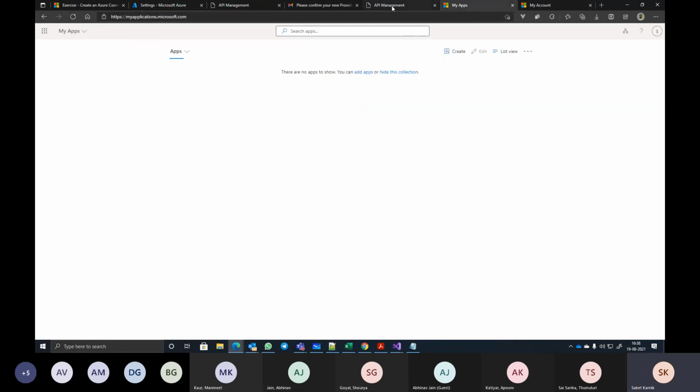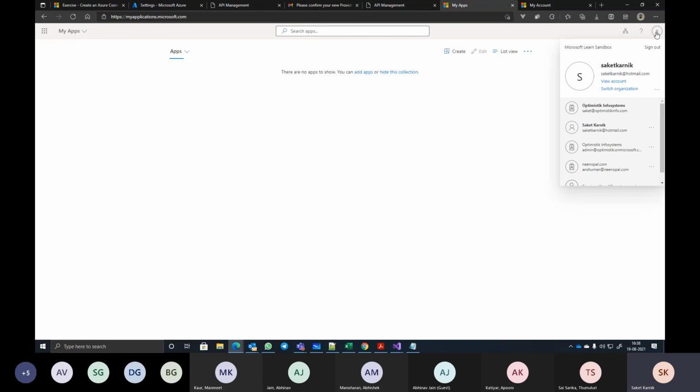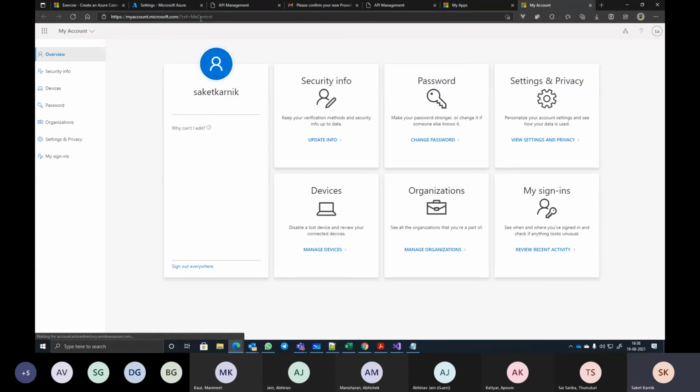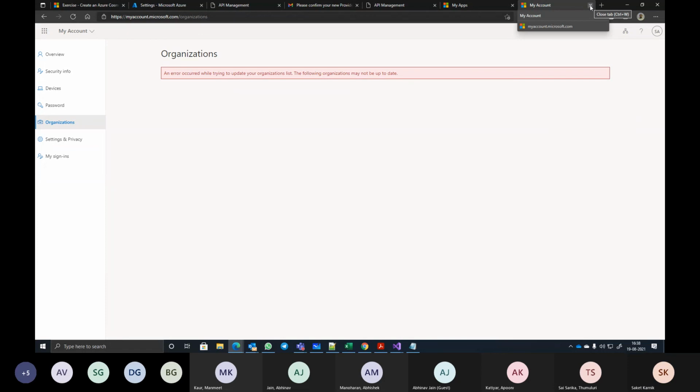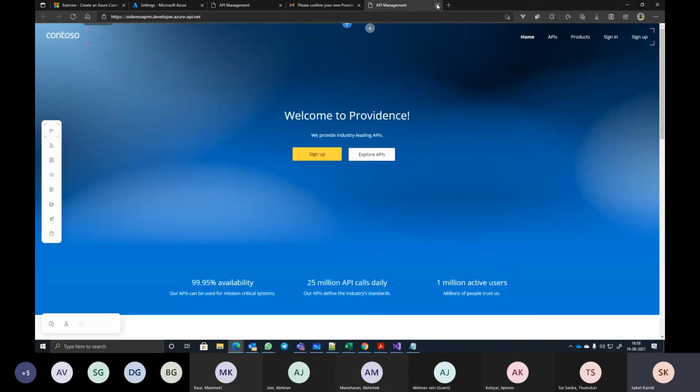Right. So simply what I did is go to myapps.microsoft.com and log in. We get to this. Here we selected the user. We clicked on view account. A new portal comes up, myaccount.microsoft.com, where we have organizations. Within that, we locate the organization which we want to leave. And there we have the leave option. So just do as per the screen instructions and you leave it.